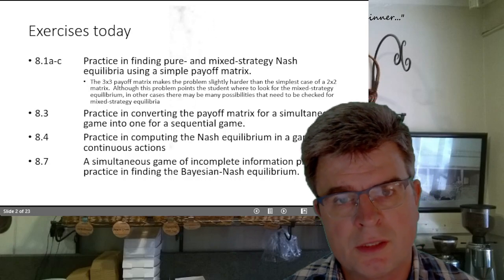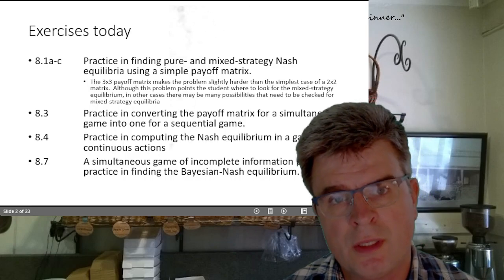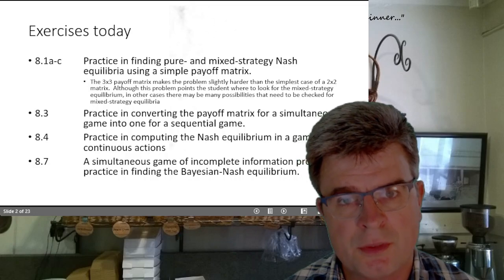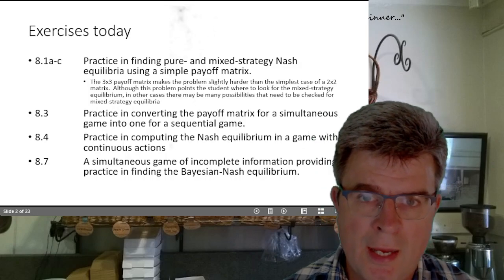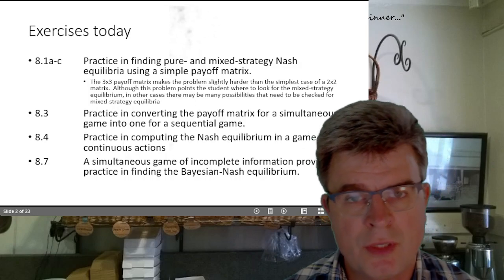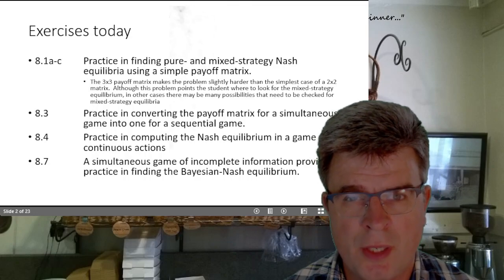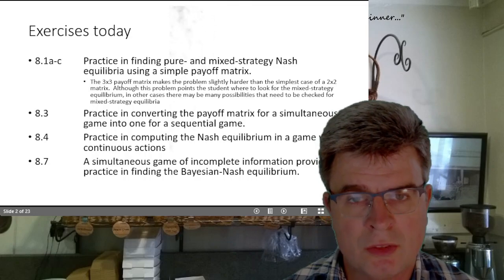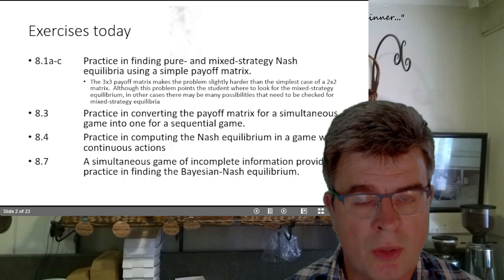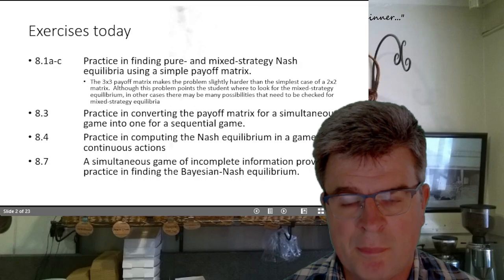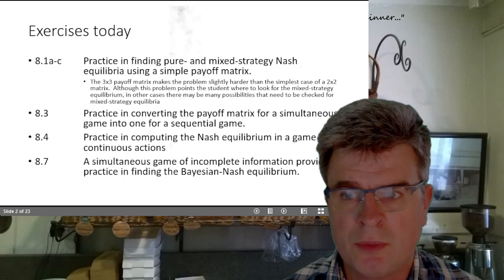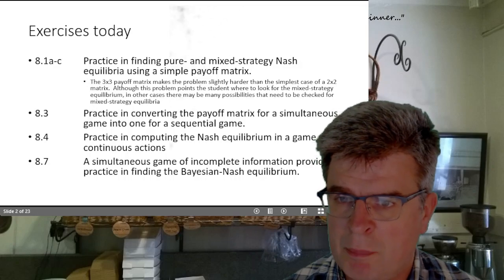And in exercise 8.1 you get the first exercise which asks you to solve for the mixed strategy Nash equilibria using a simple payoff matrix. And there's one disclaimer: things are made a little bit easier for you here because some of the strategies are ruled out by the maker of the exercise. And I will show you when we get to it. So exercise 8.1